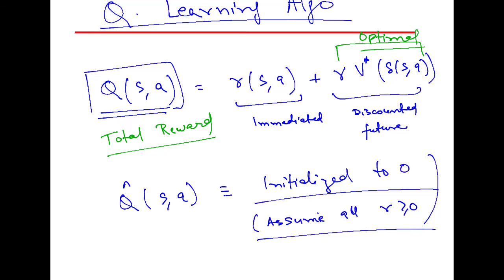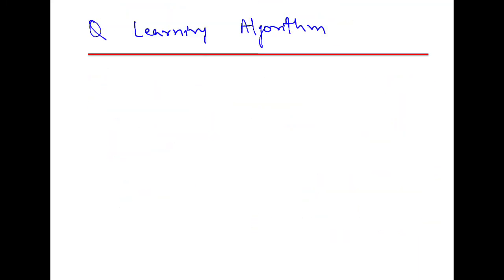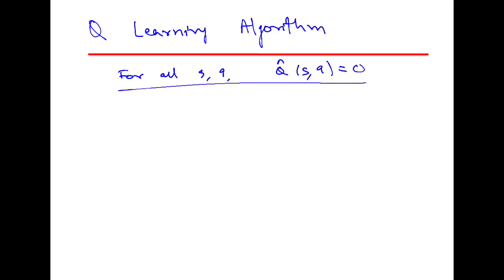So we are going to estimate this, initialize it to 0 at every step. This is initialization. So now you repeat,